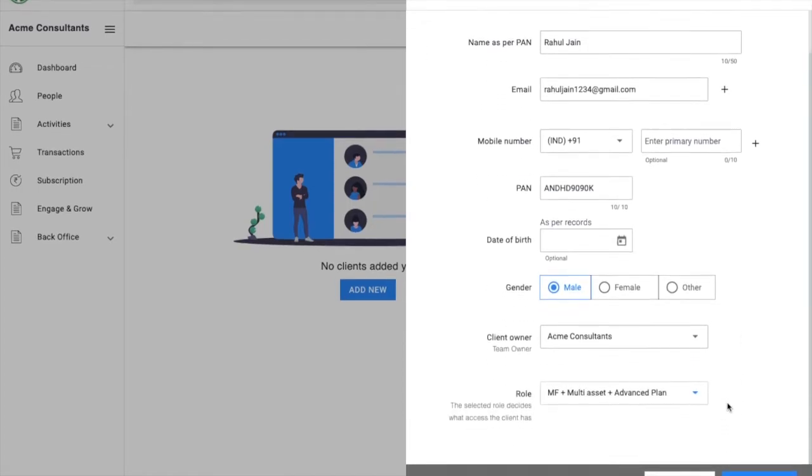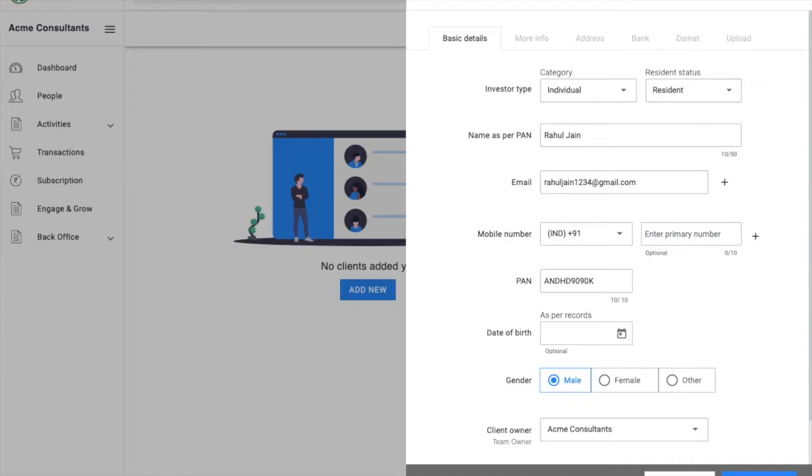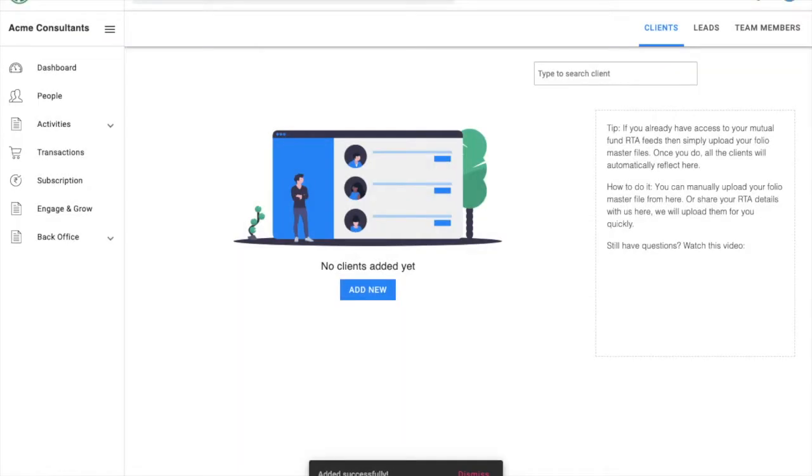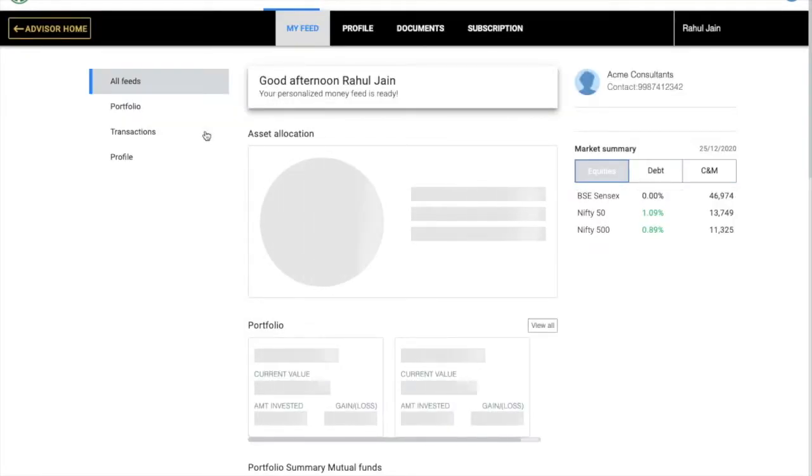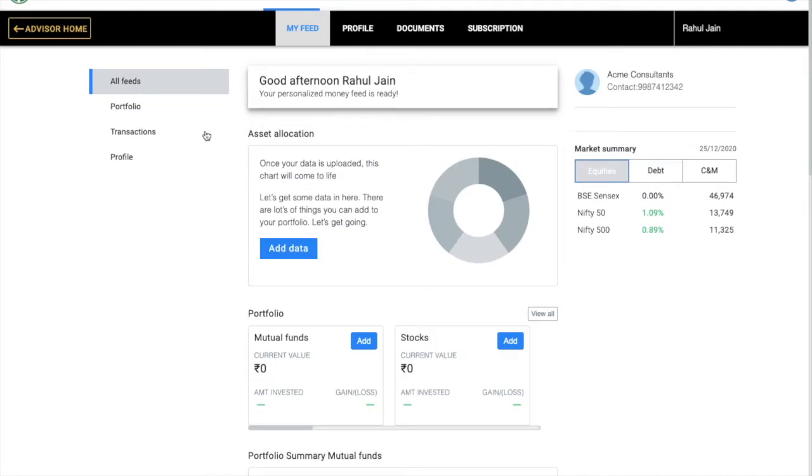That's it. Of course, you can always enter a lot of other information. So that's it, I've just created a client. Now, if you want to log into this client and see a lot of other options, I'm simply going to click on this row here, and now it's going to take me to Rahul Jain's profile. This interface is completely different because now we have logged into this client called Rahul Jain. The interface on the top is giving me various options.